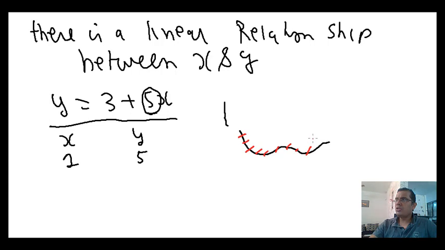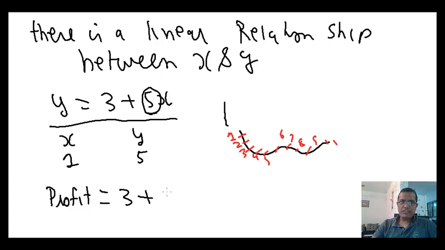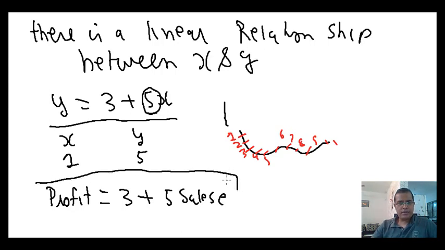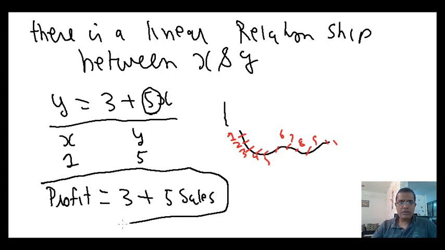And what is the implication of slope? For example, if we put some real parameters over here, let's say y is your profit, equal to 3 plus 5x, and x is your sales. Now I know that if my sales increase by 1 unit, my profit will increase by 5 units. But if you do not have a linear relationship, then at each and every point your slope would be different. What does it imply? That implies that your relationship between profit and sales is not fixed.